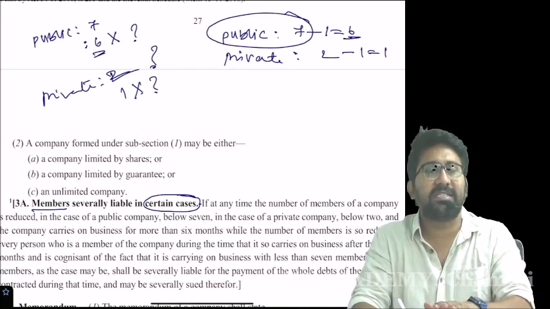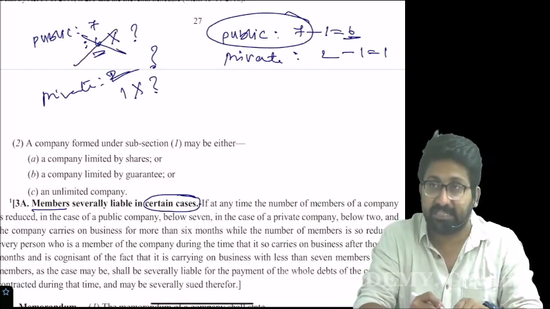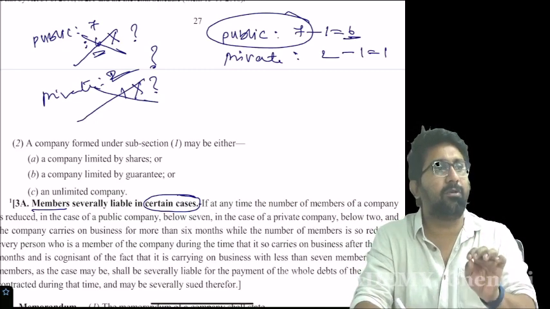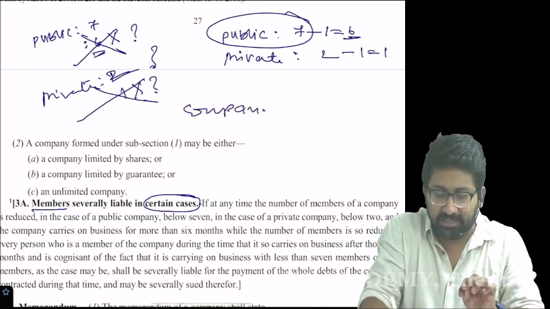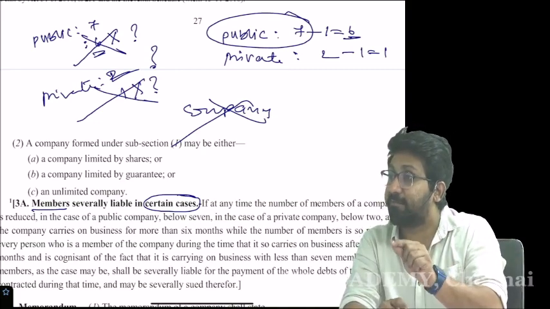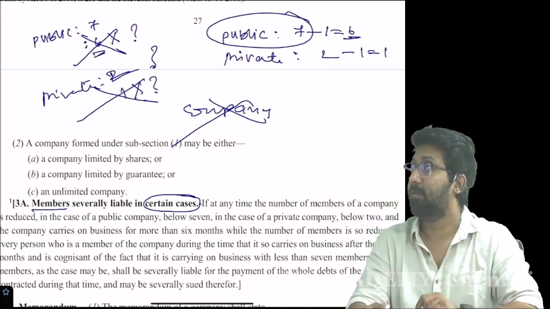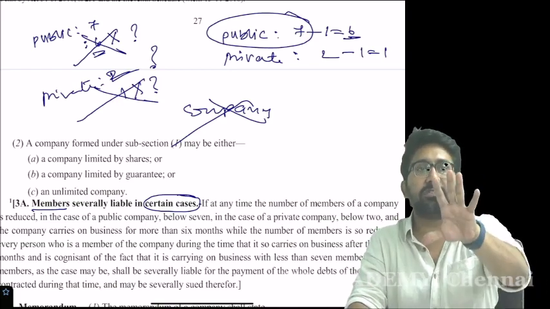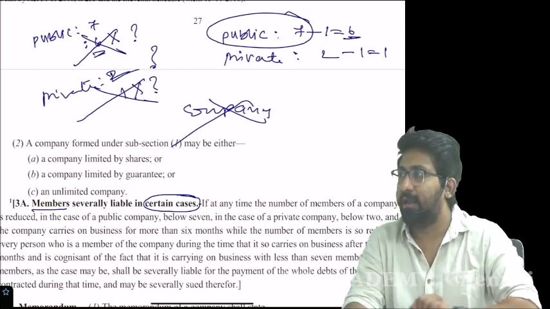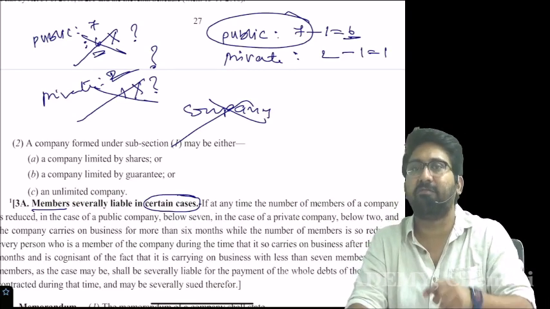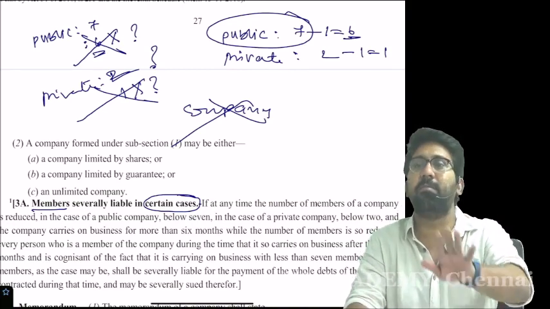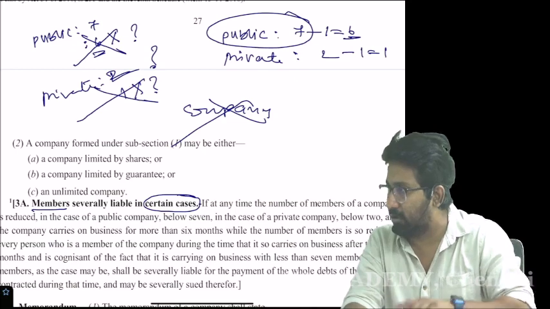Therefore, this is not a public company with a 6. This is not a private company with a 1. Simply to tell, first of all, yours is not at all a company, when the number falls below the statutory minimum. In my public company, 5,000 are there. Number came to 4,500. This will apply or will not apply? Number fall will not attract this section. What will attract the section? Number falling below the statutory minimum requirement of 7 and 2. Then only this will get attracted.